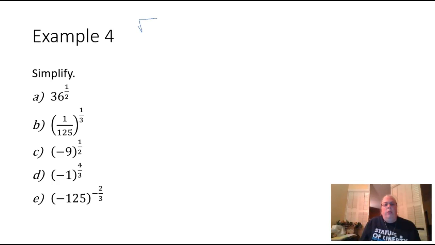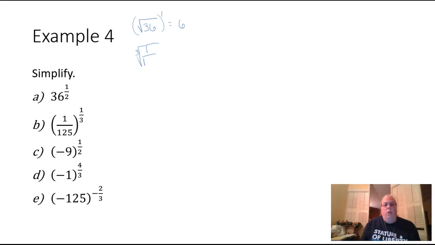All right, so in A, 36 to the 1/2 becomes the square root of 36, and then of course this would all be raised to the first power. Well, the square root of 36 we know to be 6, and then 6 to the first power is just 6. All right, for B, 1 over 125 to the 1/3 power, this is going to become the cube root